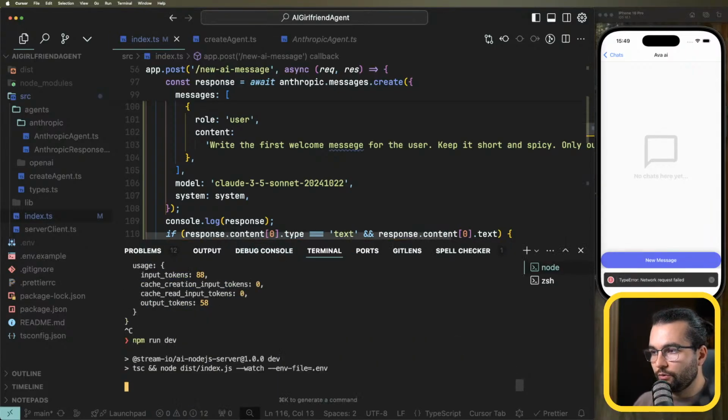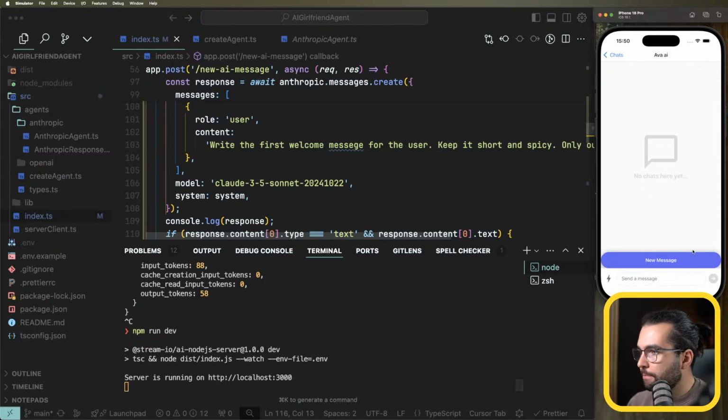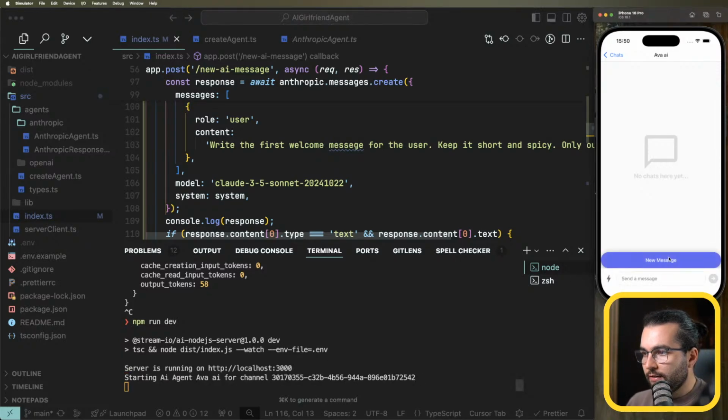I think I need to reload. If I press the button,